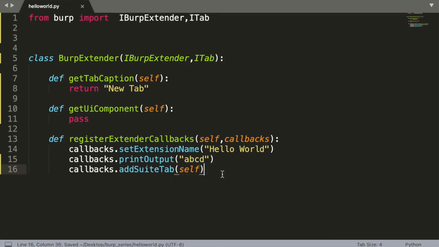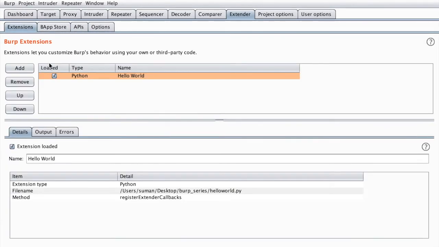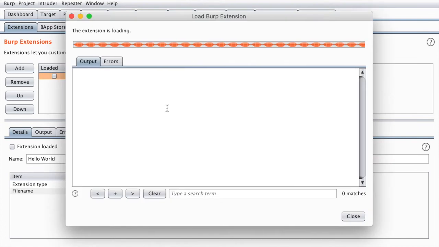So I have already passed that self, and you can see that we have to reload this extension by clicking on that checkbox. But every time doing it like this and loading like this, there's a shortcut.